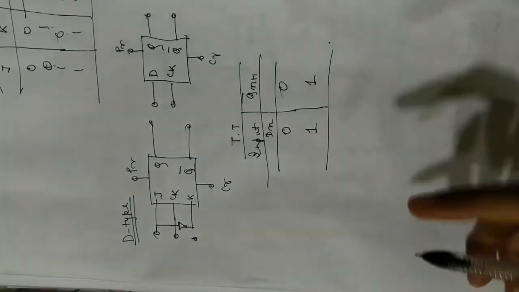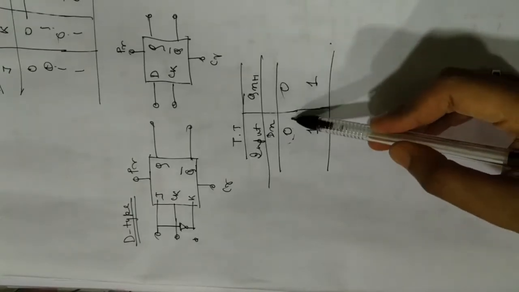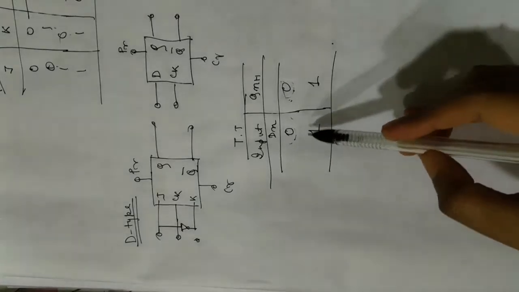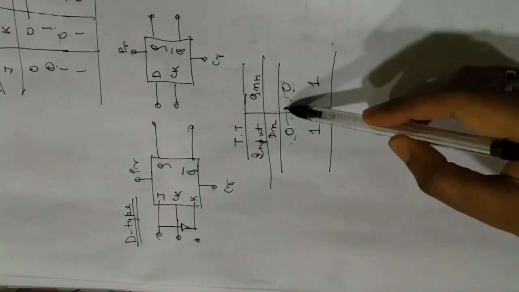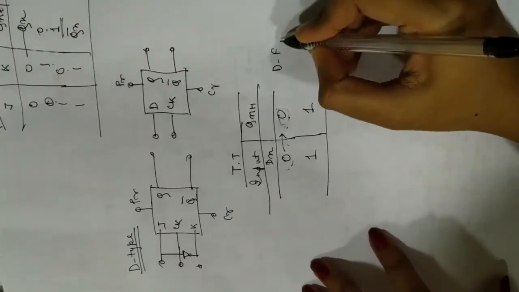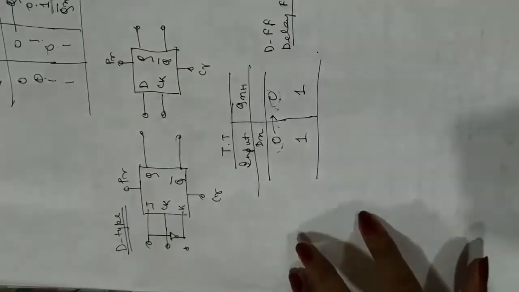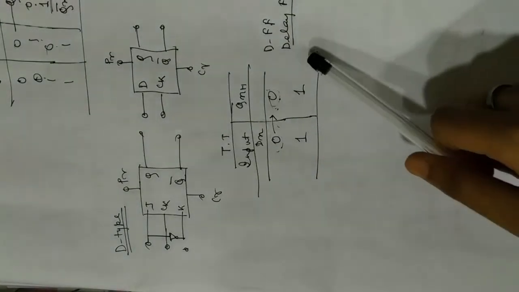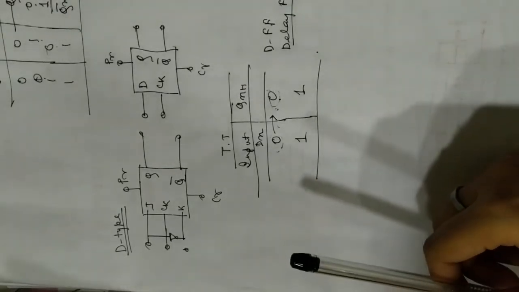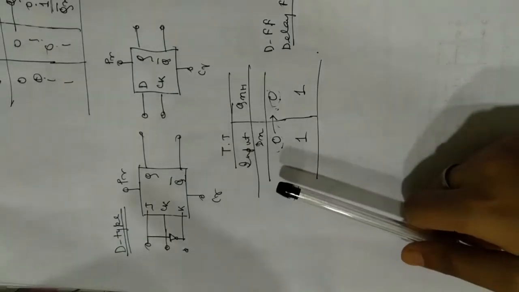right? So from the truth table it can be seen whatever we give to the input, we get the same as the output by the end of the clock pulse. By the end of the clock pulse, the input gets transferred to the output. So that is where the name comes D flip-flop or delay flip-flop, right? By that what I mean is a delay flip-flop delays the signal exactly by 1 cycle of the clock pulse. Whatever you give as the input, that is what you get as the output.